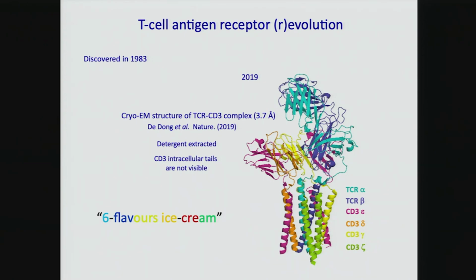This was called by the Chinese group a 6 flavors ice cream. In fact, on the top it looks like an ice cream. This is the cone. You can see really the structure. So this is the cone. And maybe the tails are the little drops, the dropping of the cream, and from the top it looks really like 2 scoops. Okay.